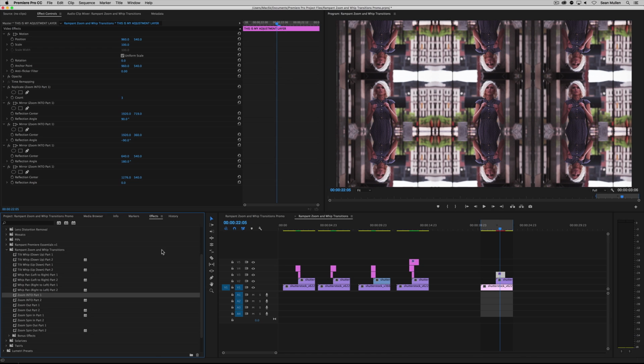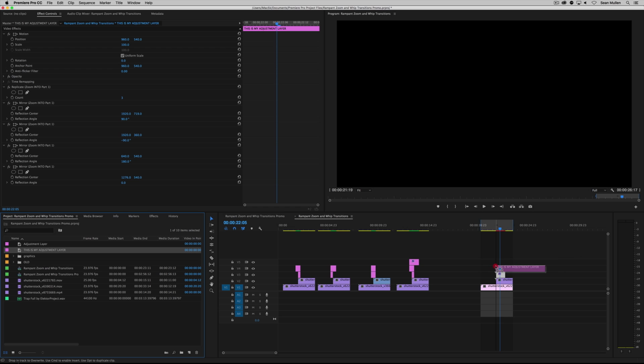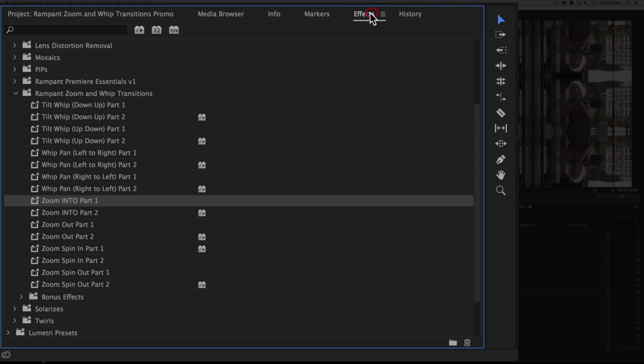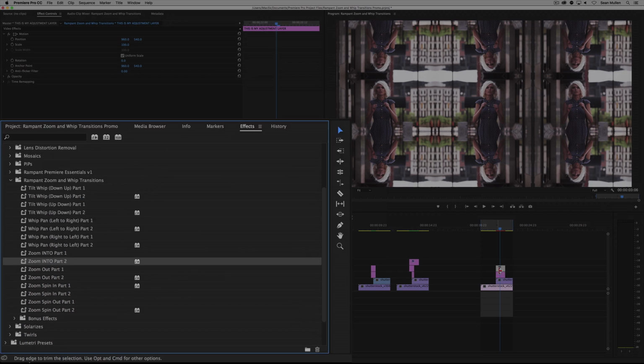Literally a two-step process. Go back to your project window and bring in another adjustment layer. You could have duplicated, but I'm just trying to show a nice clean workflow that doesn't involve anything crazy. And go back to your effects and highlight part 2, and part 2 will tell you put this on an adjustment layer above both clips. Well, that's easy enough, so I'm just going to highlight this,